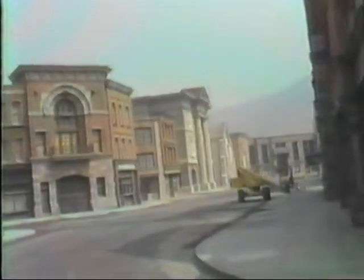Notice the street is curved at the end. That's so if we place the cameras down at the far end and shoot up in this direction, it gives the illusion that the street continues indefinitely. We know, in fact, that it curves. That makes it rather an abrupt end. But also to prevent the sunlight from shining through. That would kind of spoil the effect of reality we're striving to achieve if you saw the sunlight coming from